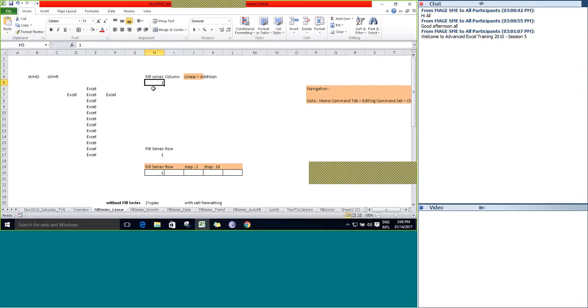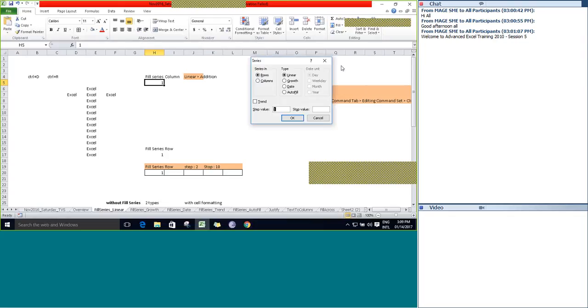For that, first we have to provide the first value from which you want to generate the series pattern. Then go to the Home command tab, under the Editing command set, click on Fill and then click on Series.